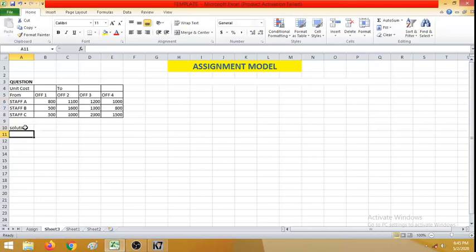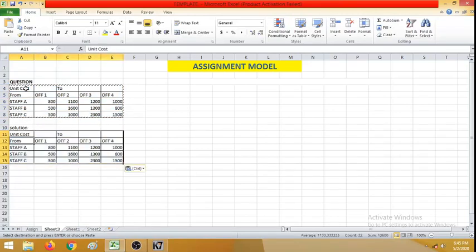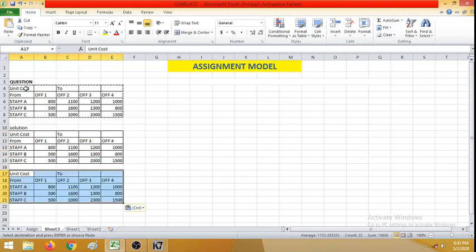Okay, so let us start with the solution. I am going to create two matrices, right? One matrix is the cost matrix, which we already have in this problem. The next matrix is going to be the assignment matrix, right?